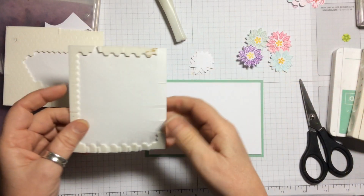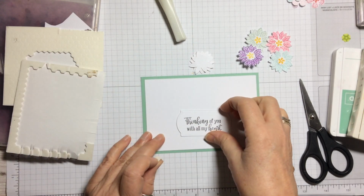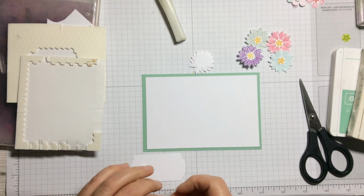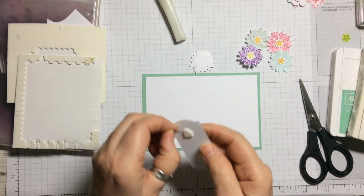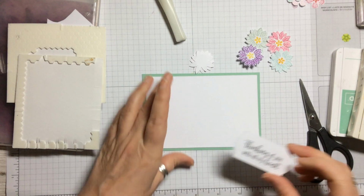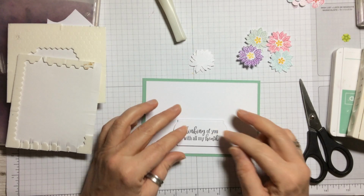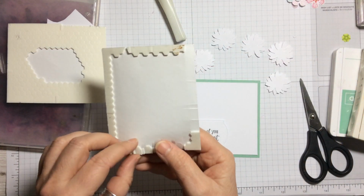So let's, I don't know what colour I'm going to do or which way I'm going to do it, but I'm going to put this down first because I want this in place so I can then line the rest up behind, so that then we sort of centre it. So I'm just putting a couple of dimensionals. Our dimensionals, as I'm always saying, are exceptionally good. They do stick, and once they're down they last for a long time. So I'm just going to take that and put that down in the centre like that,